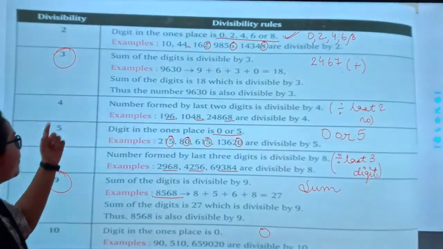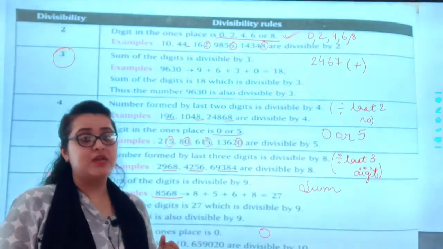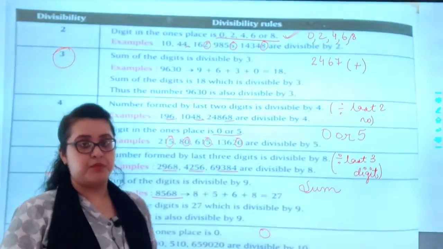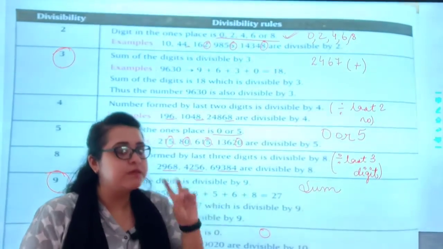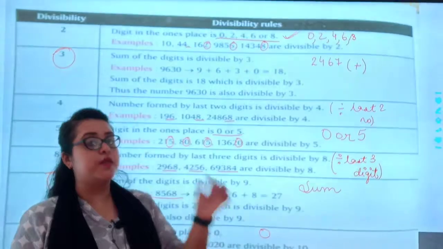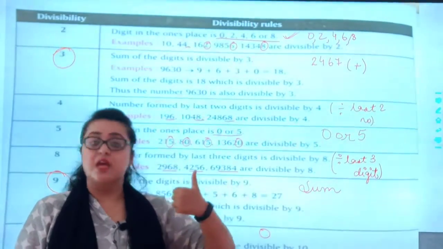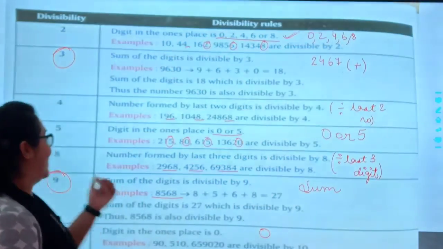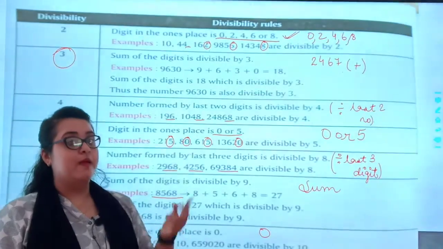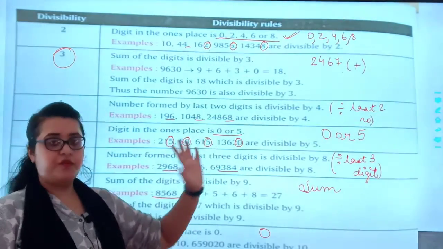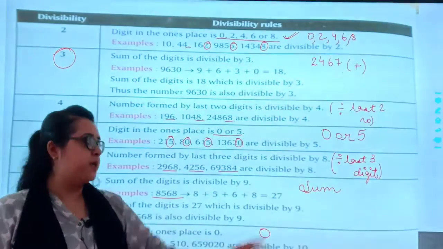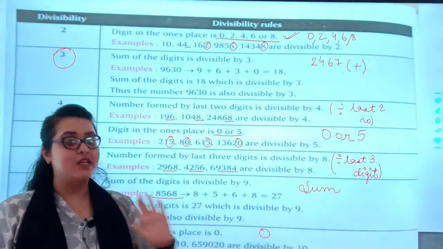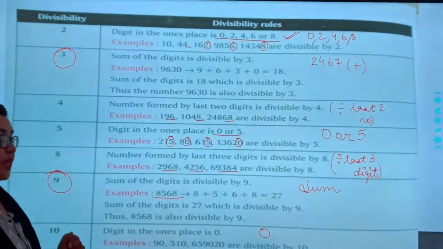Okay. Now if we want to check the given number is divisible by 4 or not, so what I can do? I will have a look on the last two numbers. अगर last के दो numbers divide होते हैं 4 के table में और remainder 0 आता है, then it is divisible. If not, if any remainder is left, then not divisible. Now, if it comes to 5, the last digit 0 or 5. अगर ones की place पर या 0 or 5 होगा, so I can say that this number is divisible or not.